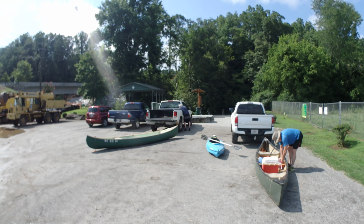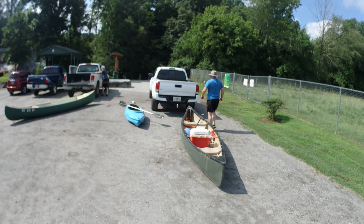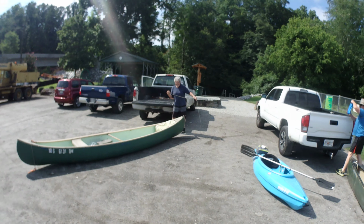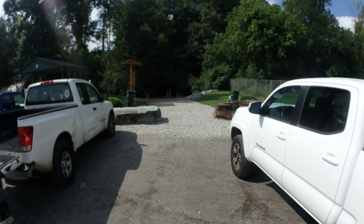July 21st at around 11 o'clock in the morning, and we are ready to float down the Etowah. Right there is Doug with his canoe. There we got Charlie. And we had some serious weather last night, so let's take a look at the river and see